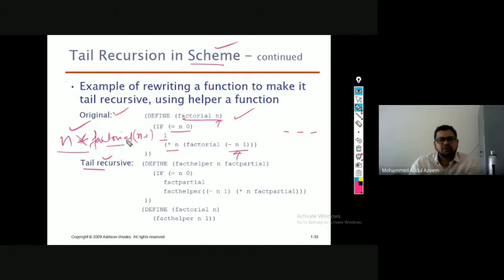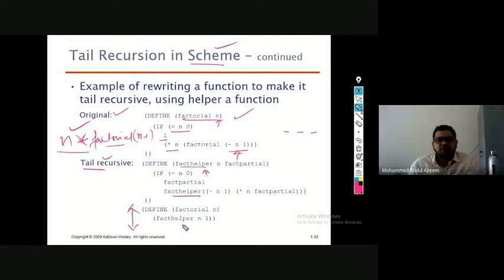So you can see here, this has been transformed with the help of a fact helper function. We have taken a fact helper function here. So this factorial of n has now been modified. Define factorial of n, the same sentence that we have in the original recursion.